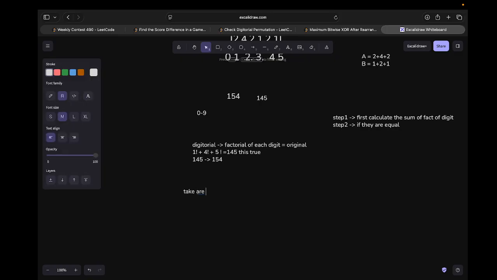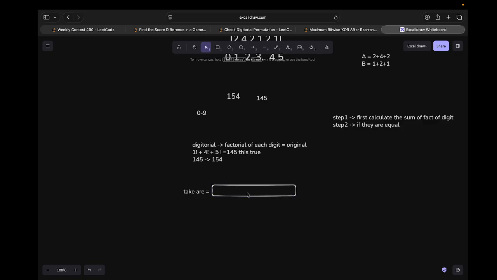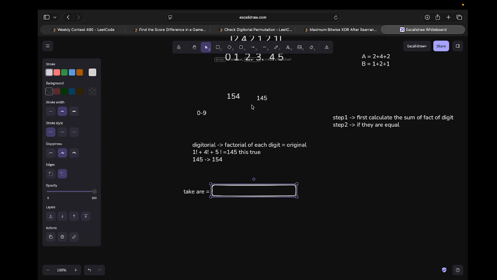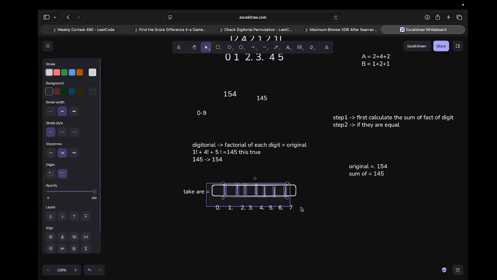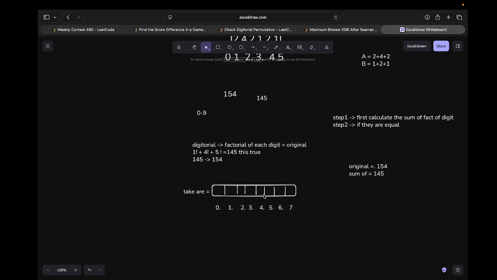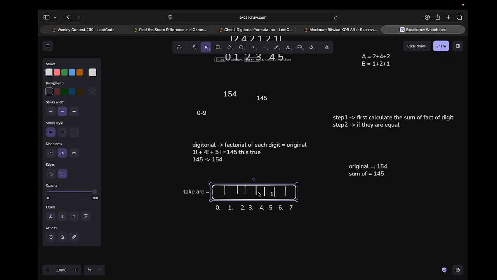We can take an array of 9 length. Let's create an array of 9 length, and just write the indexes 0 1 2 3 4 5 6 and 7. So let's say this is the original number, write it over here. The original is 154 and the sum of factorial is 145. So what we can do first, iterate over the sum and fill this array. When we iterate 145, then the value of 5 becomes 1, value of 4 becomes 1,